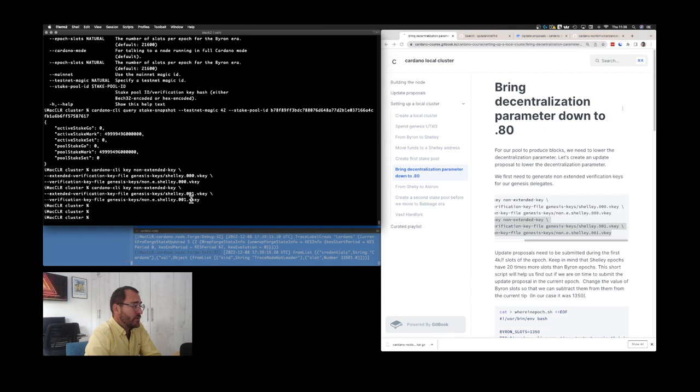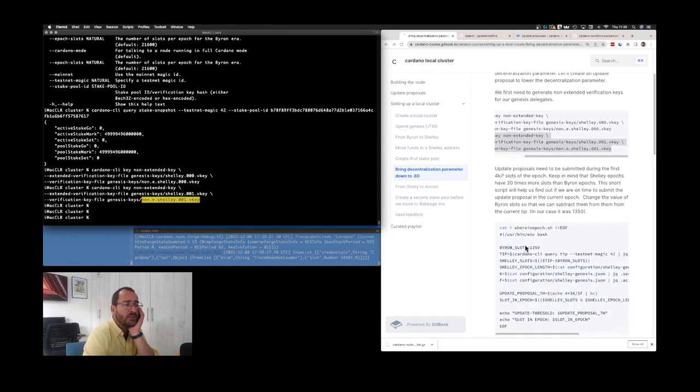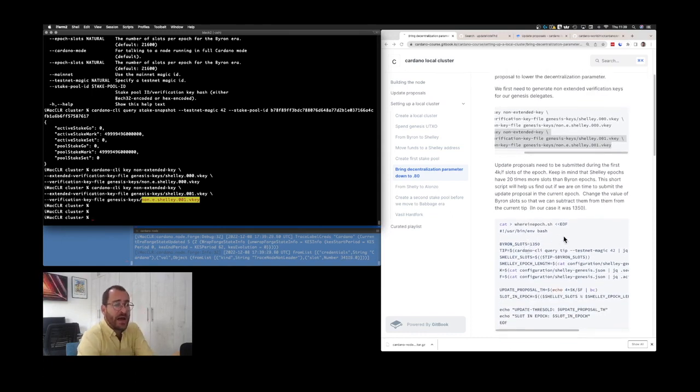This is what we are actually going to need, and again I'm going to be very explicit with my naming: non-extended Shelley 001 verification key, and this is what our update proposal will require. So now I'm gonna